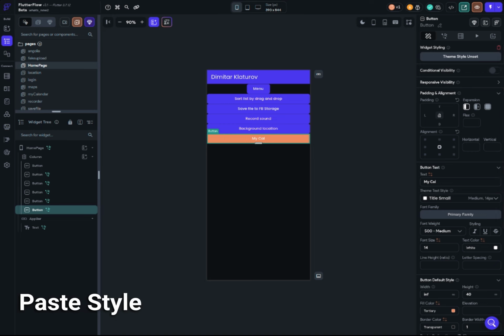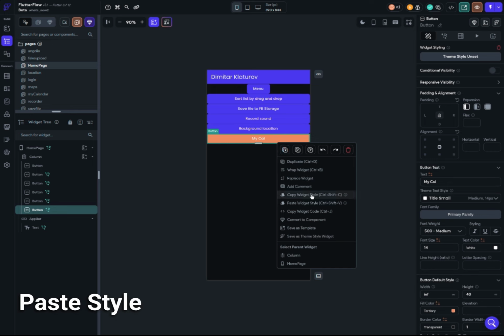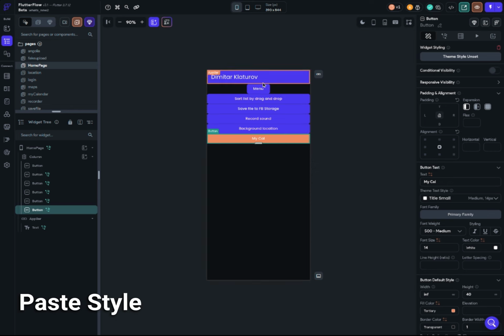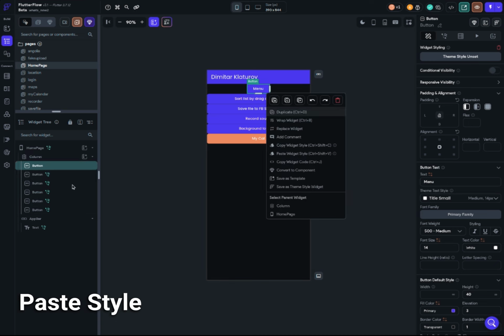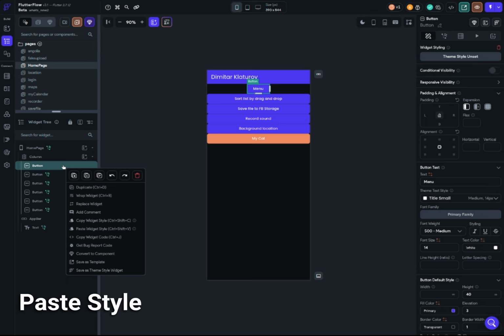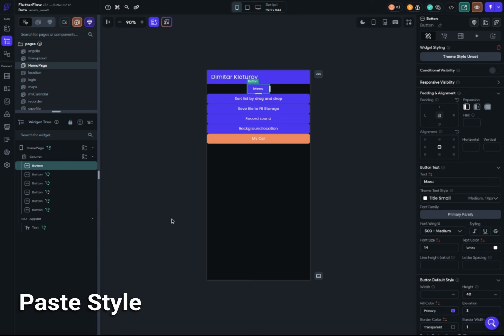actually able to do it when I click with the left mouse button, and then I can see on the left side that I select this button, and then click with the right button, and then click on copy widget style. So when I copy the widget style, again I have to click with the left button, and then you can see that I select this style, and I can paste it over here. I can paste it like this, or I can paste it on the left side. It's the same thing, and I can click paste